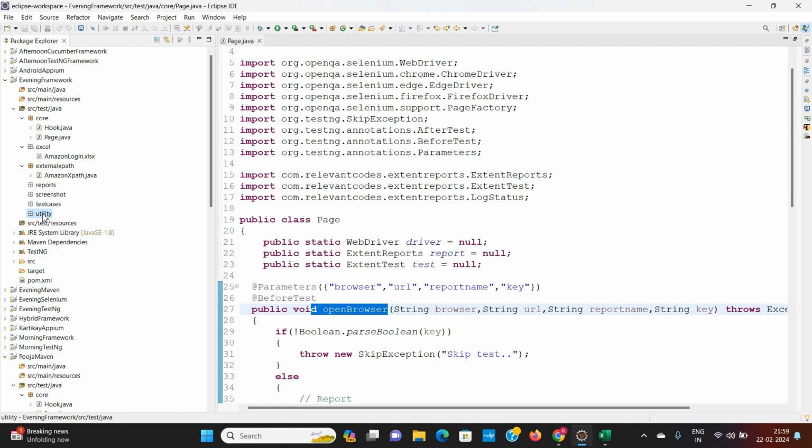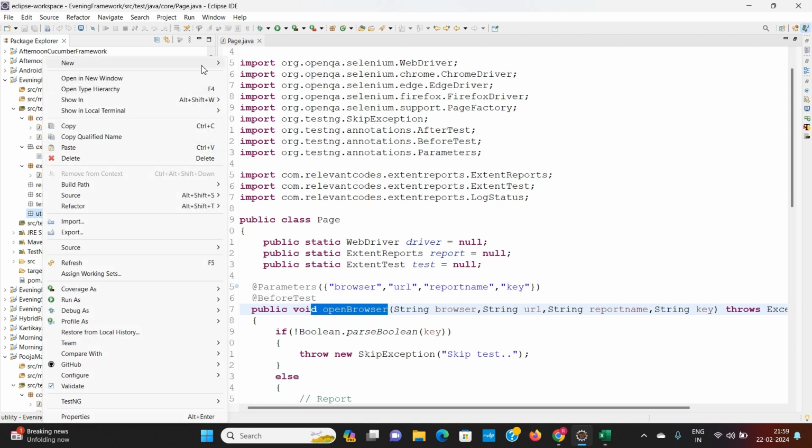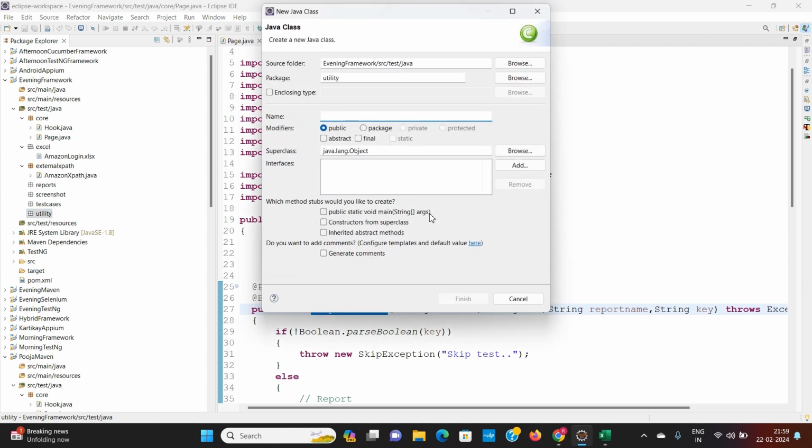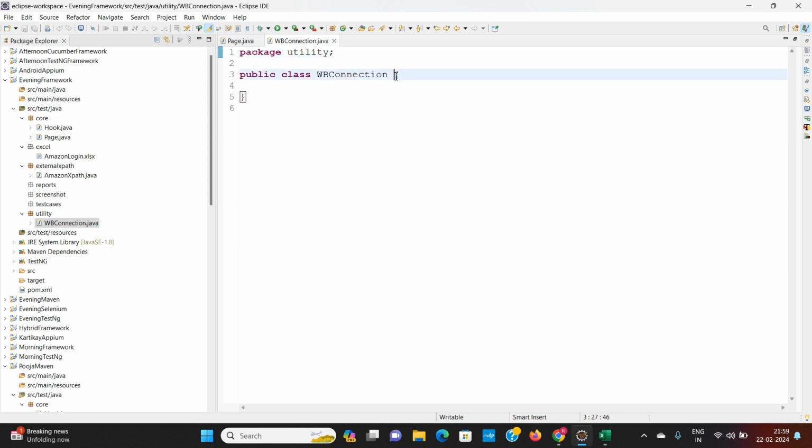And then inside this utility, you can create a new class, say WorkbookConnection, any name you can give. And here you can make the public static Connection con is equals to null,